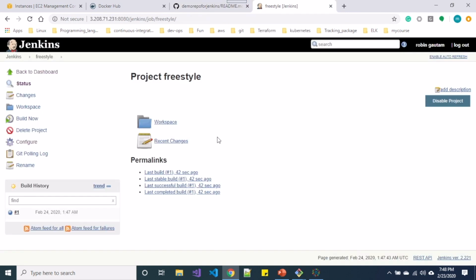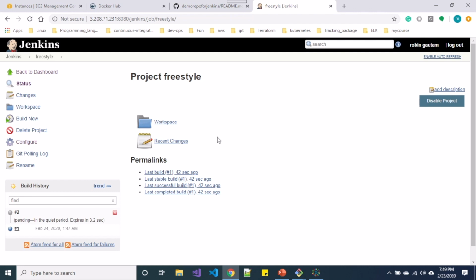So you must see after a minute it must trigger a build. Since we have made some changes in the readme file, it must trigger that after a minute. See, the build has been triggered. Now there is one more option that seems to be cool for me. You can go back to configure,